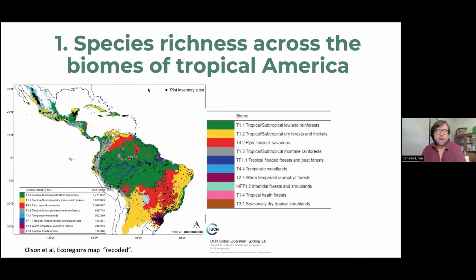So the first work package, in a way, is what we call the tree diversity work package. We are focusing on dividing Latin America into different biomes. We are using the IUCN ecosystem functional group typology to describe those biomes. It's not exactly the classic biome definition. They have kind of a functional component to it. So it divides what we call generally tropical rainforest into smaller biomes as well, like flooded forests or heath forests as well.